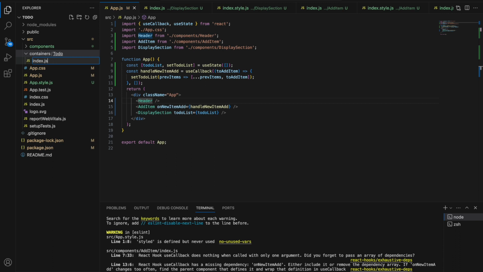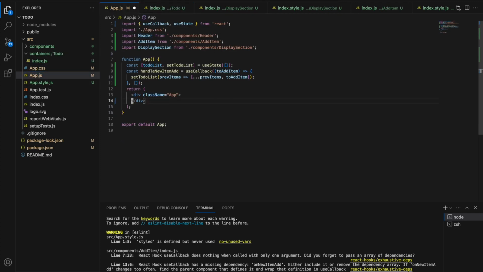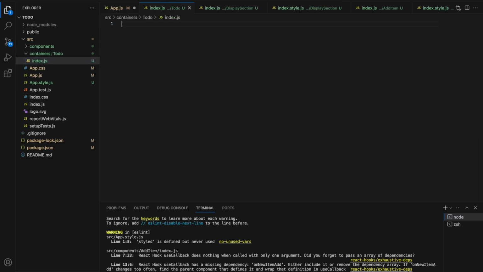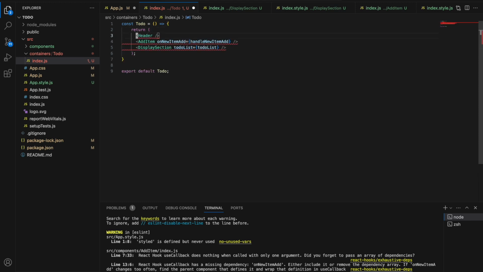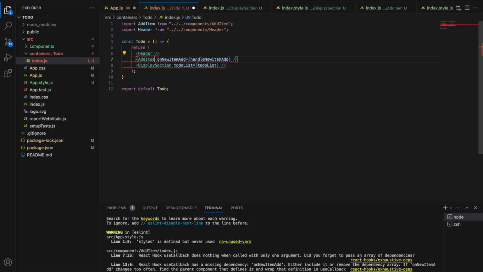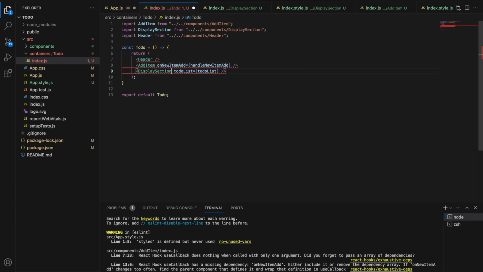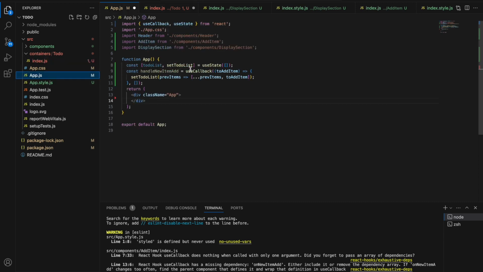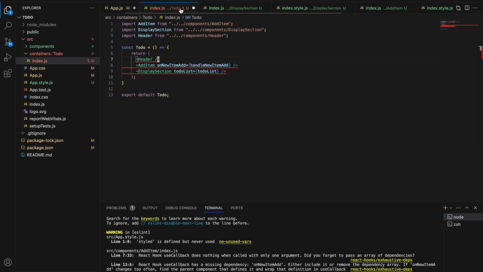Let's do that. I will come to app.js and copy these three components here. Now we will copy the state also from here, so let's copy the state and callback functions.